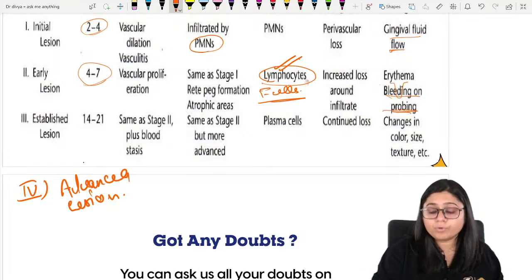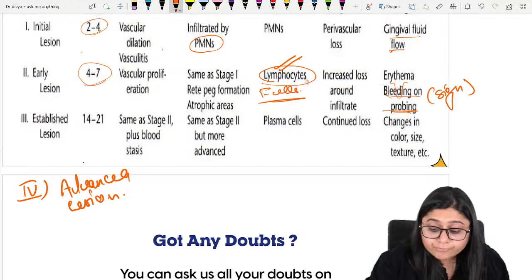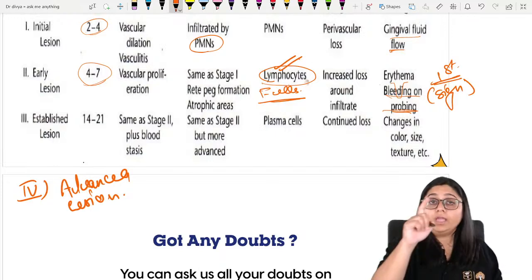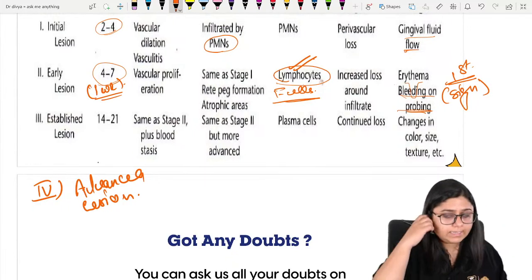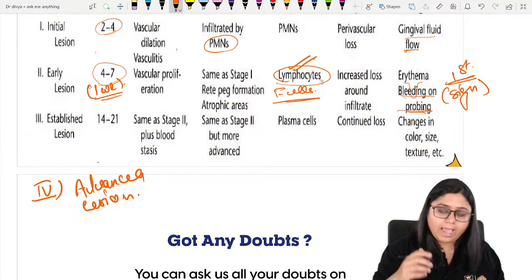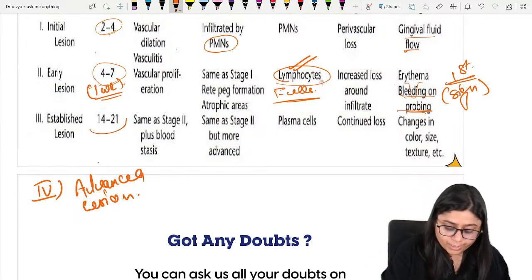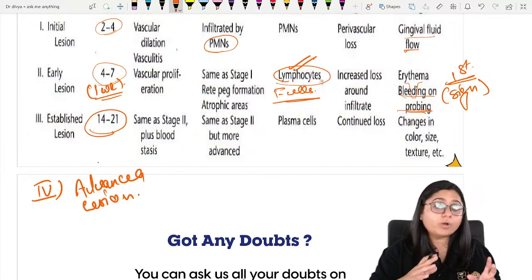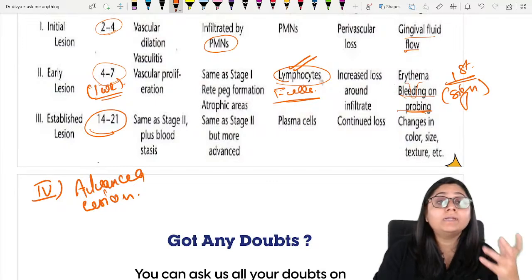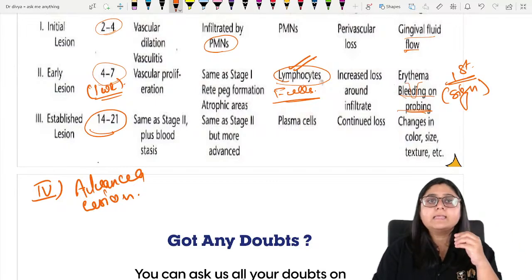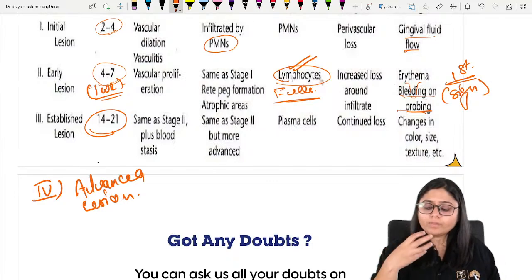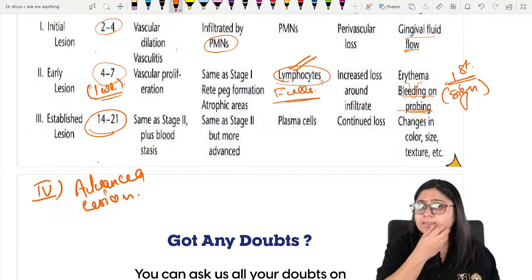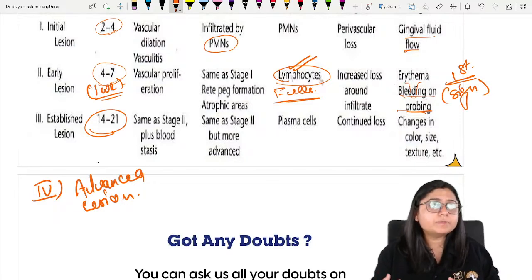Bleeding on probing is not a symptom, it is a sign. It is the first clinical sign that we observe in the first week. So in 1 week, the clinical sign that we first see is bleeding on probing, and the symptoms start developing in 14 to 21 days. Most commonly from the second week, you will see changes in color. What are the symptoms? There is redness, loss of stippling, and slight edema of the gingiva, right? These are the symptoms which the patient might complain about: I have swollen gingiva, or I have reddened gingiva in some areas. These are the complaints of the patients, right?